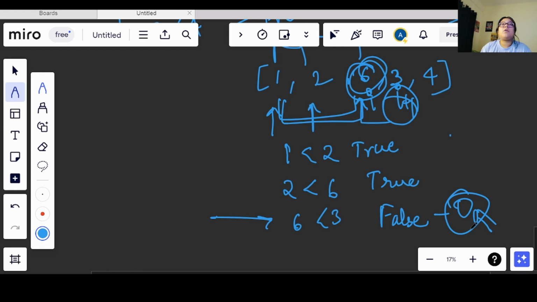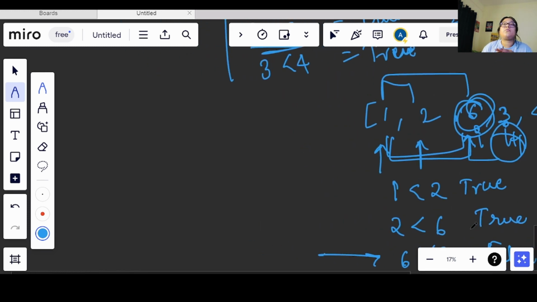Okay, so now let's see the pseudo code for this. So what we will do, let's say we compare, I will start the iteration from the first index. Okay, so let's start from here. It is your choice. You can start from 0 also, and you can compare till n minus 1. Don't keep the iteration till n, because if you keep it less than n, then you will get an index out of range error.